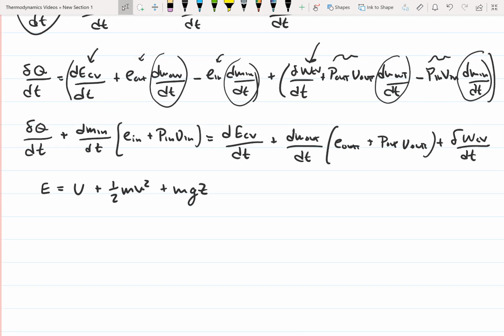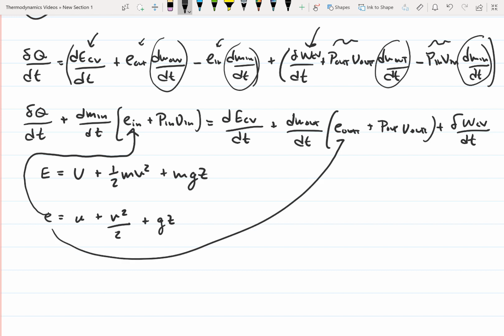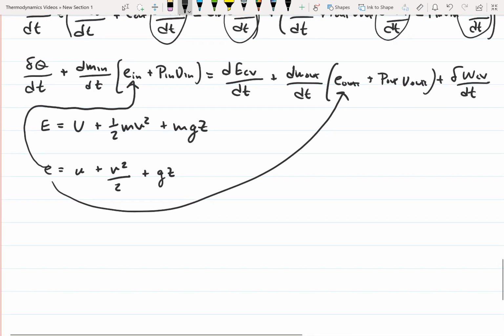And we can write this on a per mass basis as this. So E is equal to U plus V squared over 2 plus gz. So what we can do is plug this into this equation for the energy. And if we do that, we get the